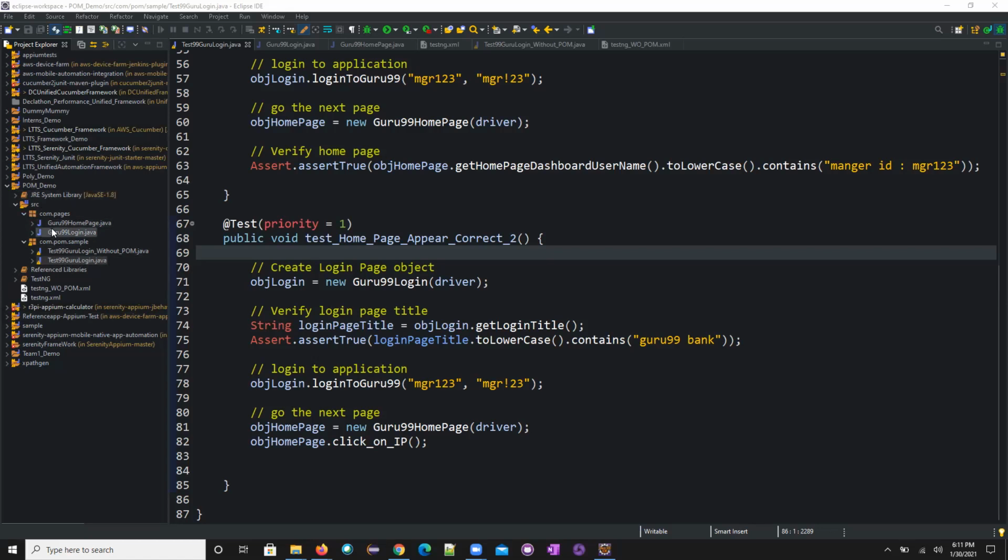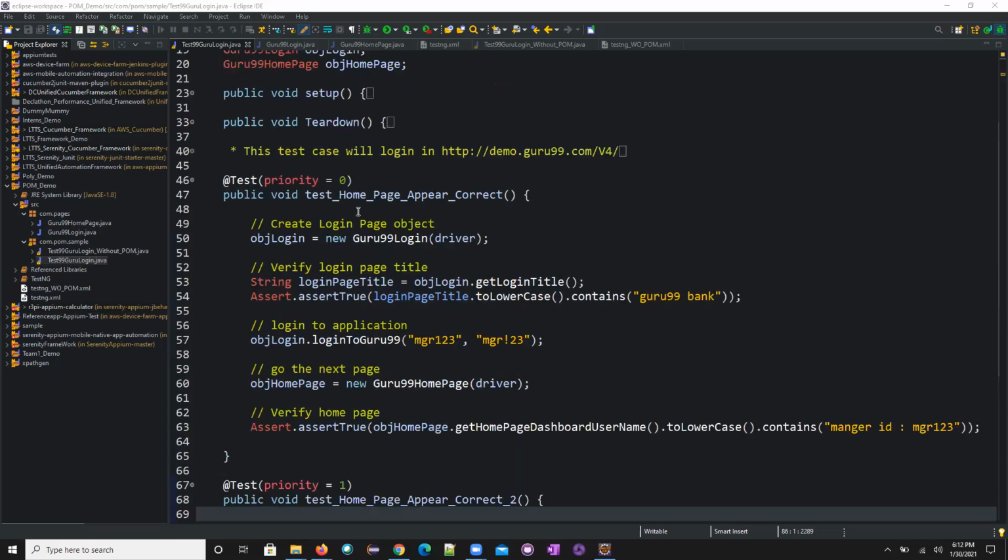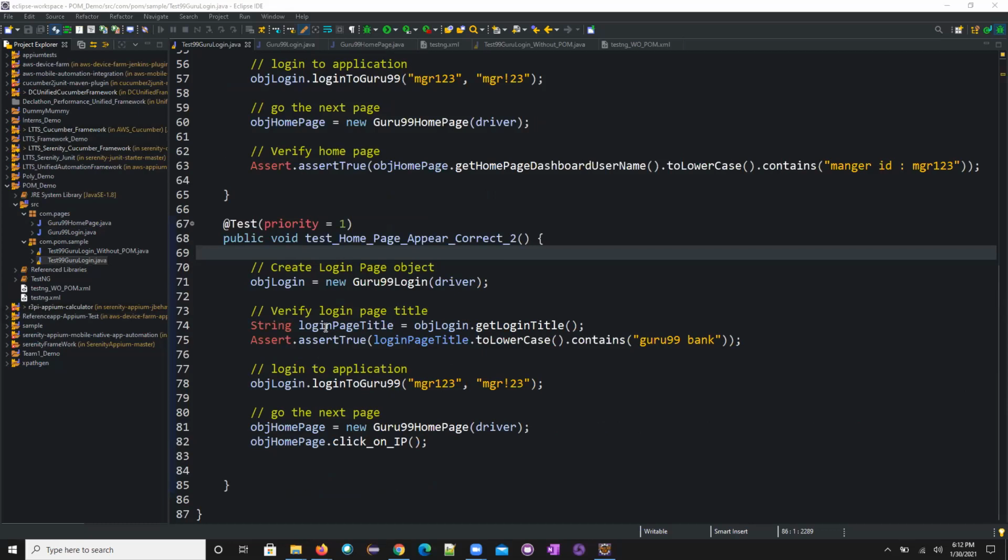See, now these are the pages, and this is what we call a test suite. A test suite consists of multiple test cases. Into this test suite, we have multiple test cases. So this is how we will be segregating it. So I'm stopping this recording.